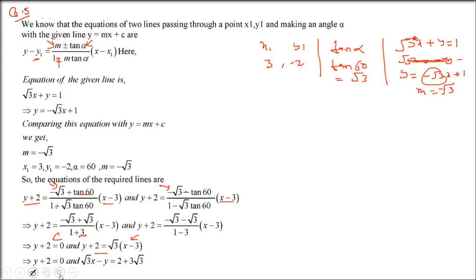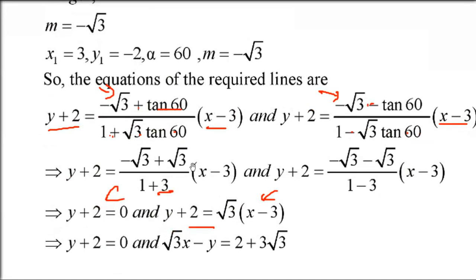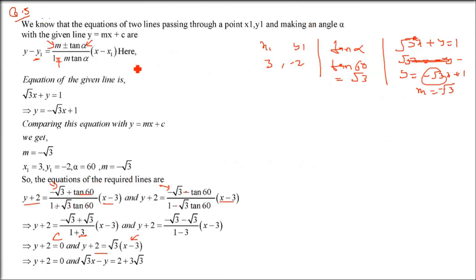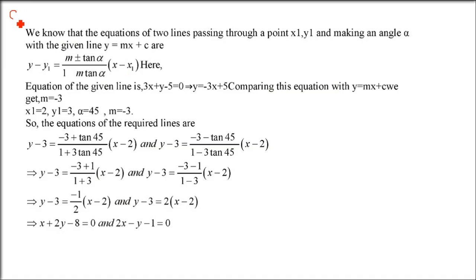And you can rearrange it also. See, y plus 2 equals this, minus 2 root 3 by minus 2, so minus 2 cancels, so you get root 3x minus 3. Now you can just rearrange it. You can take x and y on one side and the constant on another side, but it doesn't matter. Because it is given in the book, the answer is like this, so we just rearrange it. Otherwise, the previous form was also good.